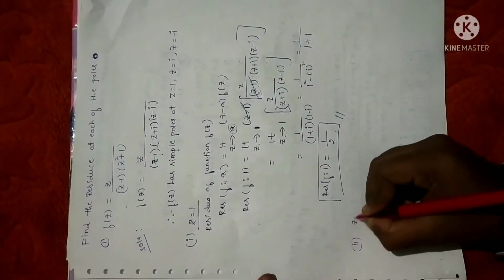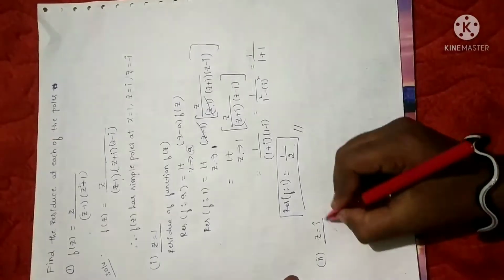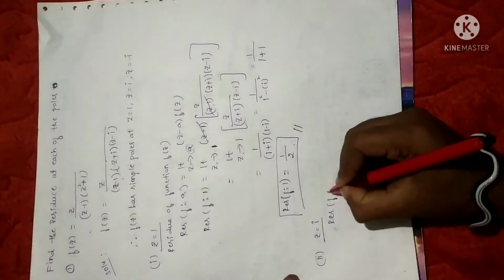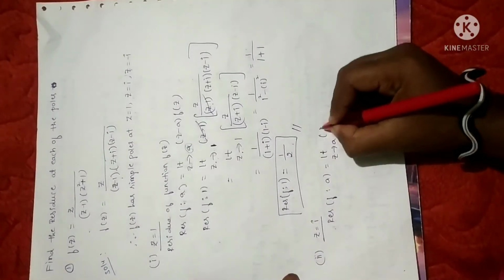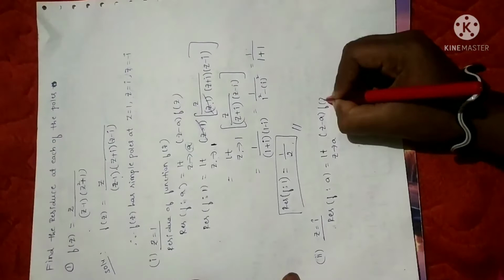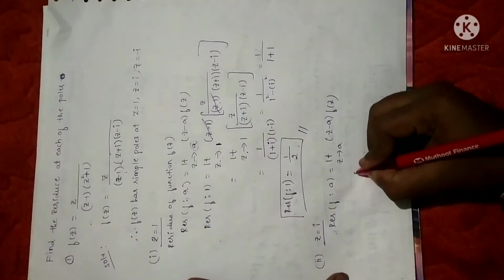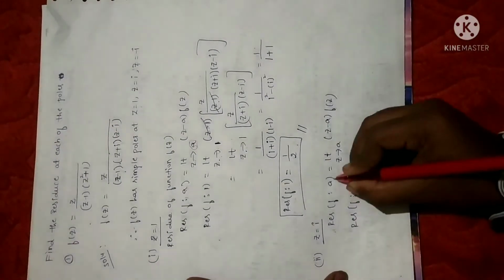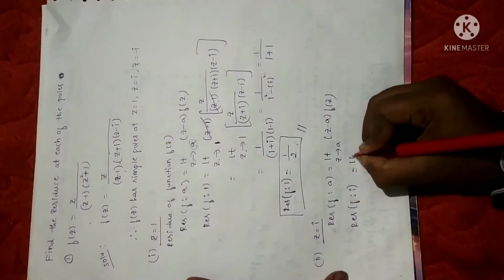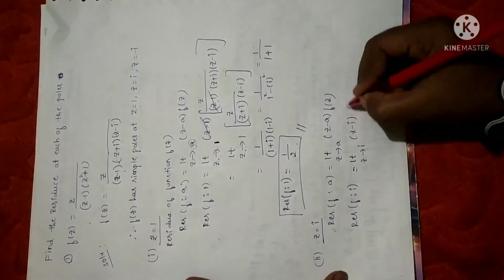The second pole is z is equal to I. Fine. Now as usual, write the same formula. Residue of a function f with reference to a will be limit z tending to a, z minus a into f of z. Why? Because this is also a simple pole. All these three are simple poles. Now let me replace z with I. That is, residue of a function f, here the value of a is I, limit z tending to I, z minus I into f of z.